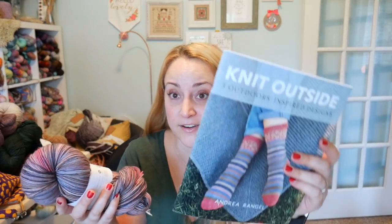I don't know that I will. I said that to my friends. I was like, I'm just totally gonna knit knee highs. I mean, I've got all the yarn, and I probably won't because reality. But yeah, I couldn't. So I got this and I thought, well, I need the pattern to go with it,